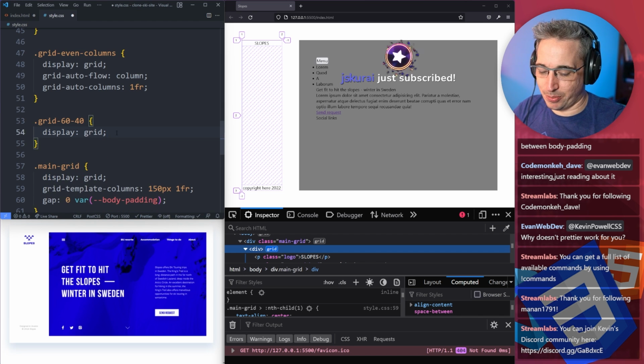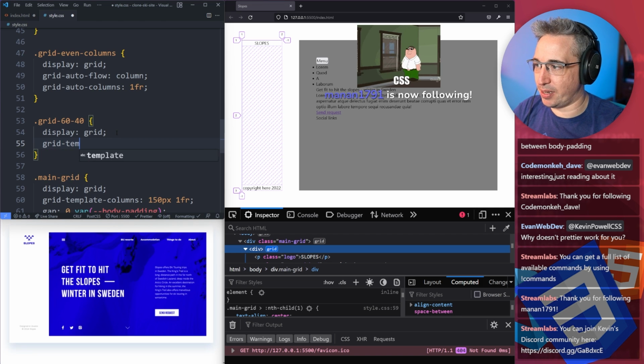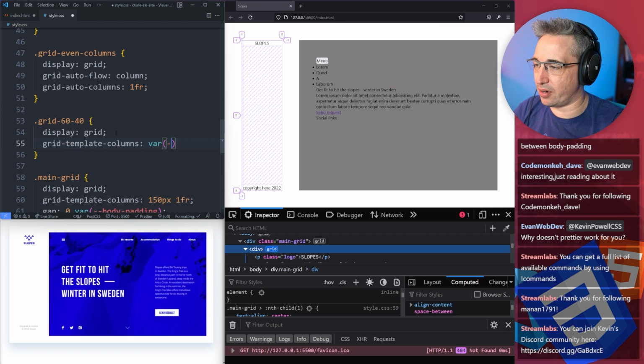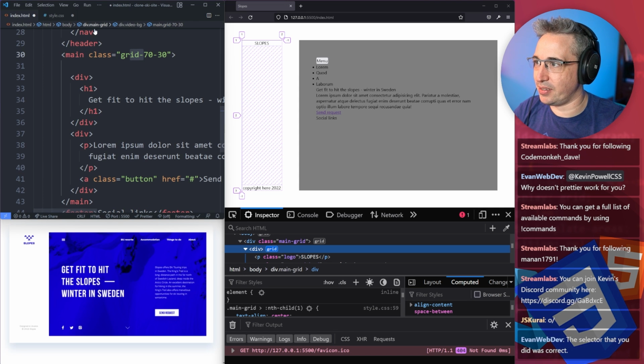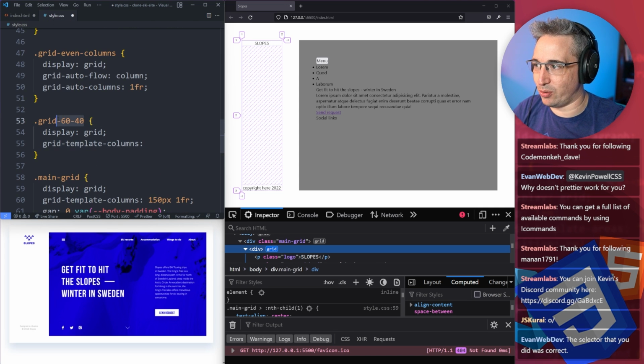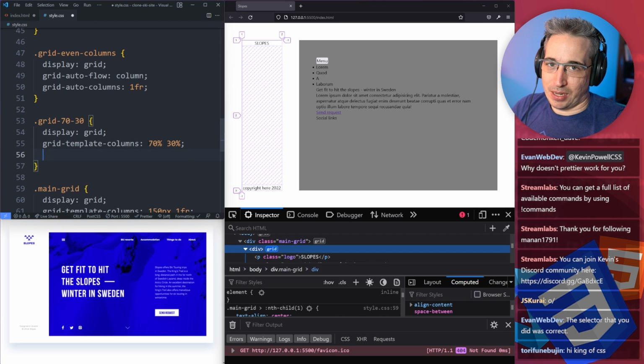Okay, but I'm just going to do my display grid here, and we'll say grid template columns var, not var. What is it? I said 70-30 in the end, didn't I? 70-30. See, I mean, you could have a whole system, right? 70-30. And then that's nice and easy, 70%, 30%. Again, I'm not worried about mobile. So a lot of this you might want to have in media queries or whatever if we're doing mobile first. 70-30,